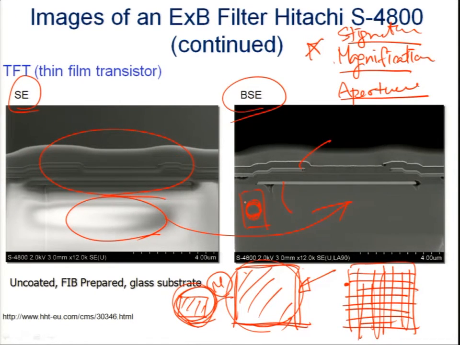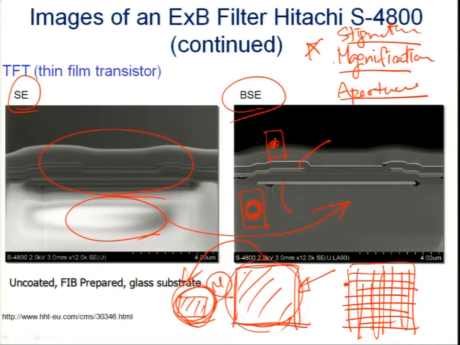That is why at low magnification, no matter what kind of electron emitter you are using, you can have relatively good images. But as we go to much higher magnification, the pixel size gets smaller and smaller. And from that point, some of the electron emitters, like tungsten,